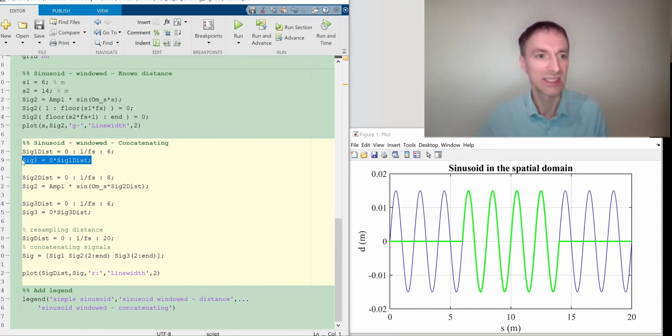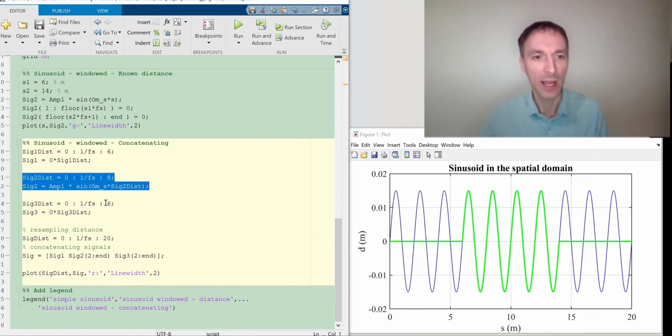And I will create also a signal for this distance array. And I will multiply it by 0 because I would like to have these values 0. Then I will calculate the actual non-cropped, or non-windowed, sinusoid. And again, this will be of length 8 meters. And I'm just simply calculating the actual signal. And finally,